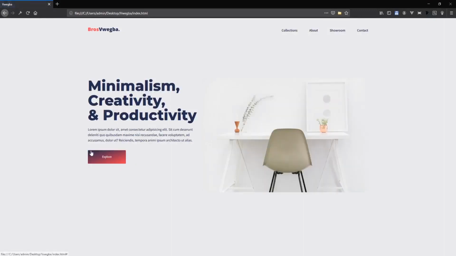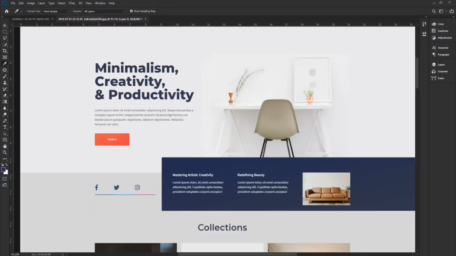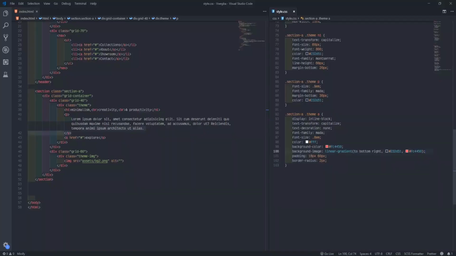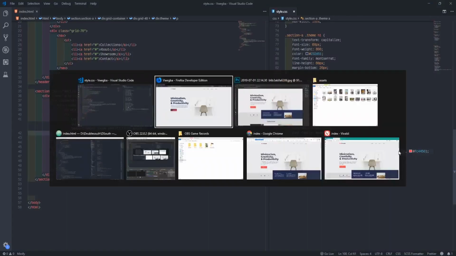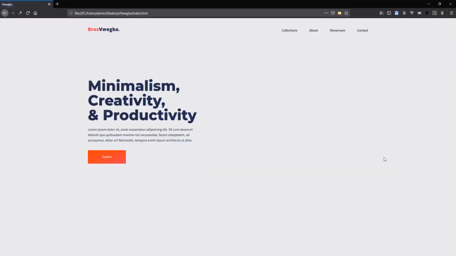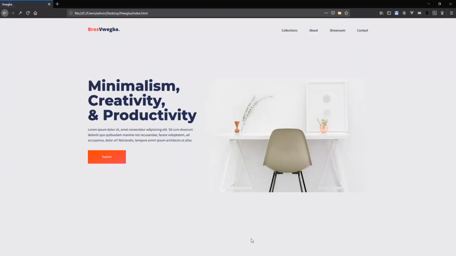You see the gradient now. The dark one appears here while the light one appears here. So we need to figure out the colors that are already there. I think this will be like an orange red kind of color. Let me type orange red first, let's see. Orange red. Yes, enter.